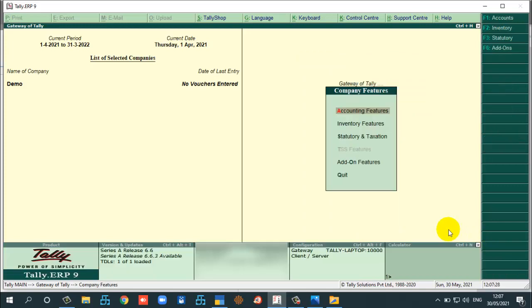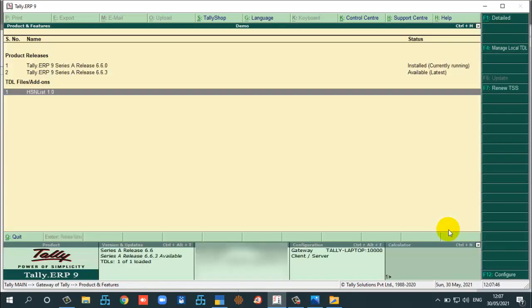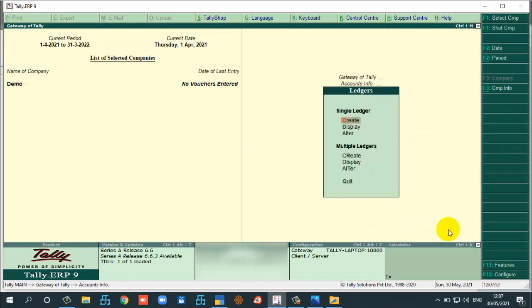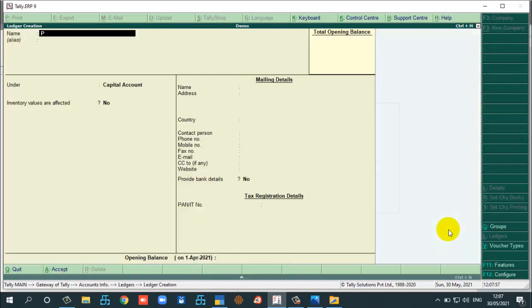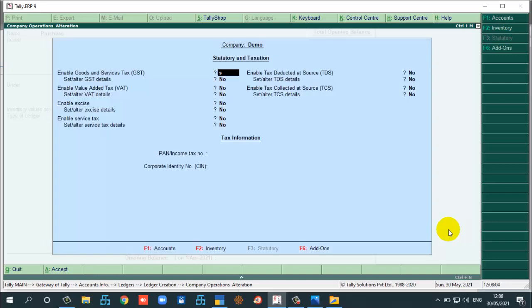So now we have to configure at add-on. I am fixing here 6 digit. I have already loaded the TDL. Okay, now I am creating a new ledger. I have to configure GST also.